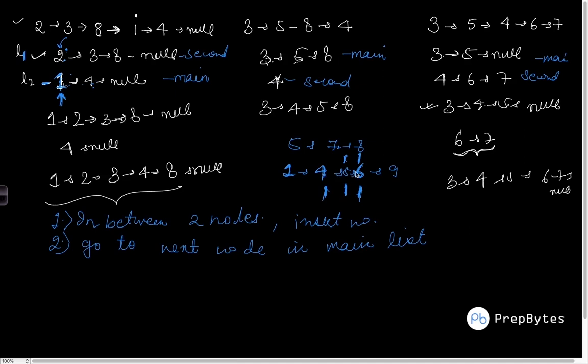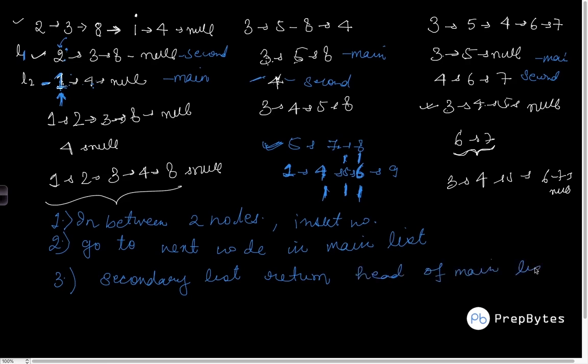This is how we can keep on going ahead and keep on finding the right place. The other situation that comes up is that one of the lists is empty. Let's say we keep going ahead and the nodes in one of the lists get exhausted. Let's say all nodes in the secondary list are exhausted. In this case, we simply return the head of the main list, because as soon as 4 goes here, there is nothing much to be done. The rest of the list is anyway sorted.